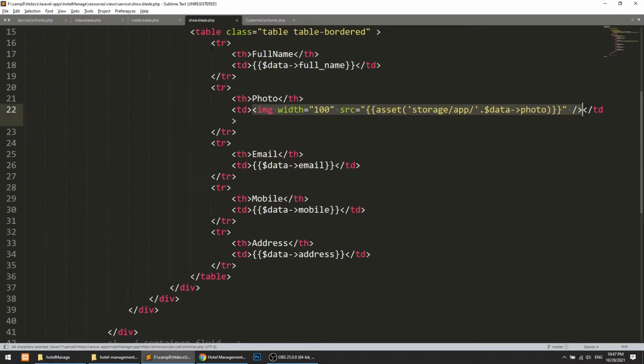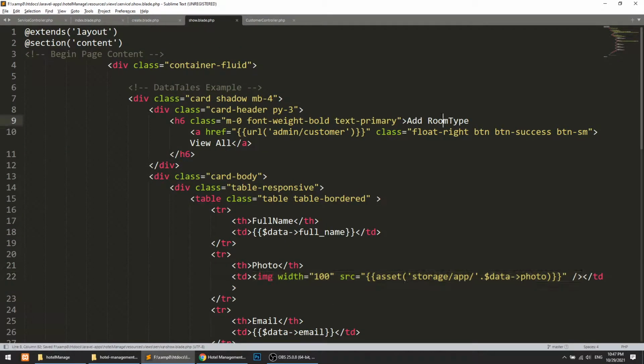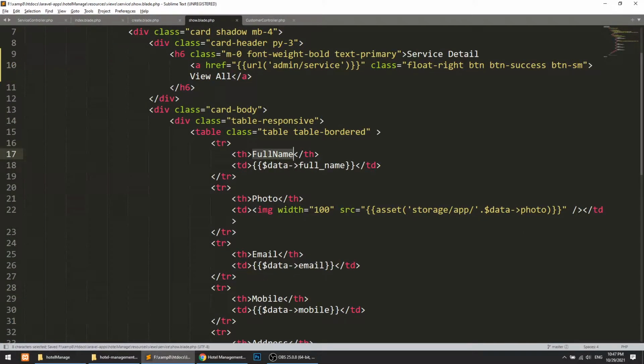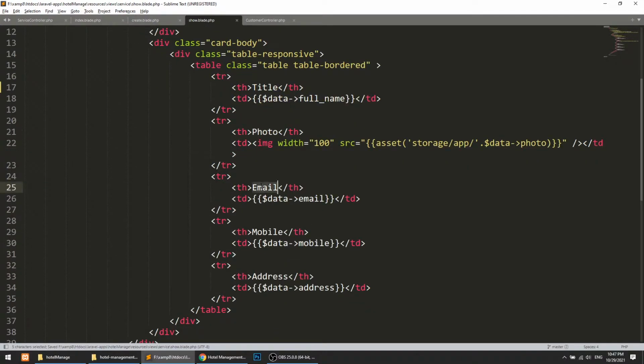Now let's open the show page. This will be service detail, and this will be service. Here it will be title, and let's keep photo as it is because we also have a photo field.